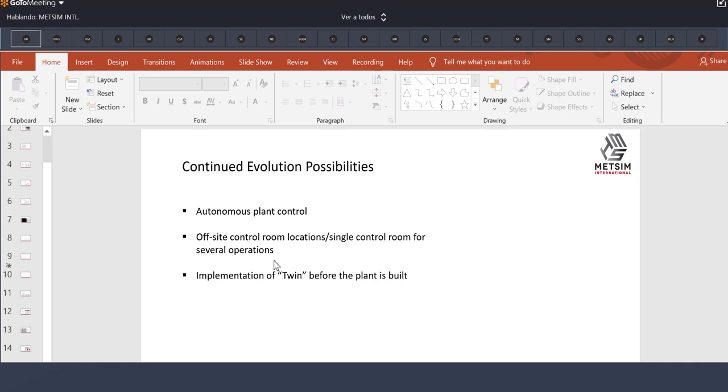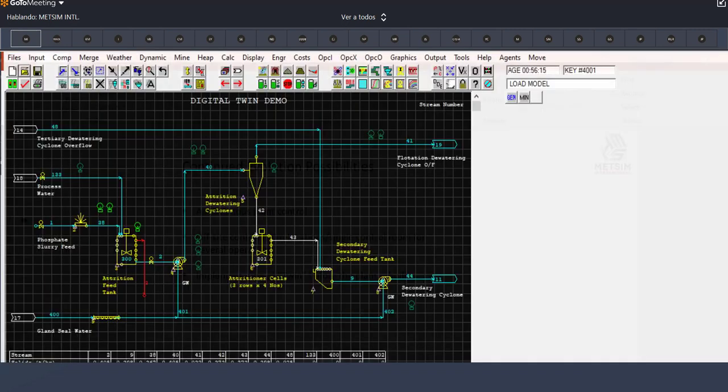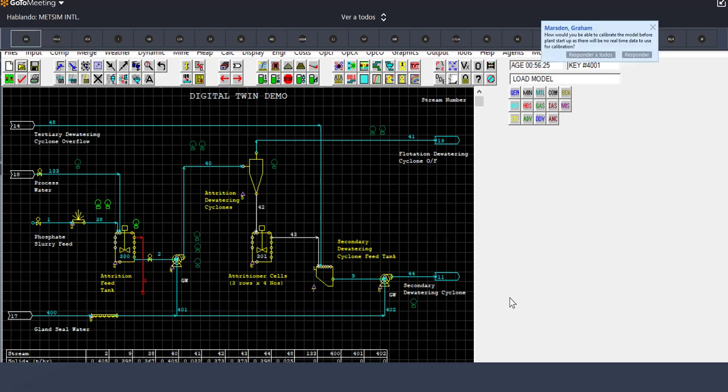that's it for the presentation. I do want to just quickly show some examples. If we look here, so this is an example of Metsim, our software, and I've taken an excerpt out of,